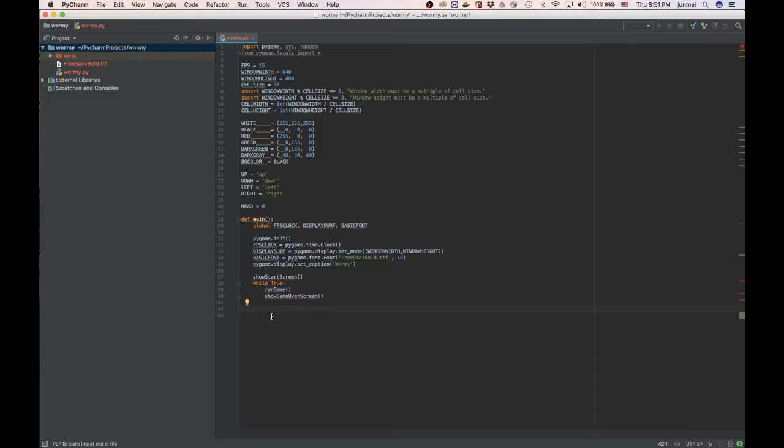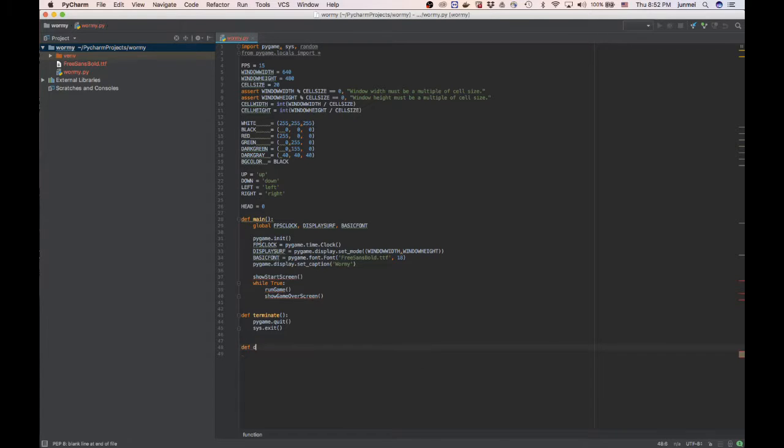First of all, we're going to have to create a couple of functions. So first we're going to have our def terminate, which is just pygame.quit and sys.exit. We're going to use this one just when some people close out the game, right? We're going to have to quit everything. And then we are also going to have